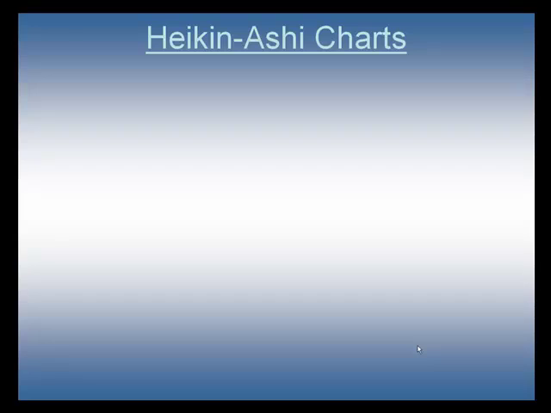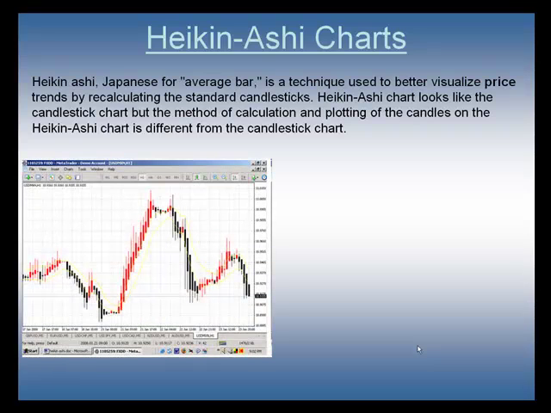So to give you a quick overview of what we talked about last time, Heikin Ashi is just a Japanese word for average bar. And this is another technique. We all know candlesticks are very visual, and these also are visual candles that help visualize the trend because they calculate the formula for Heikin Ashi differently from the regular candlestick. A candlestick is basically about open, high, low, close, and filling in the body or not. Whereas a Heikin Ashi candle takes into consideration the price levels of some of the previous candles to form the new candle. And by plotting this, it gives us a better visualization of the trend that's going on.